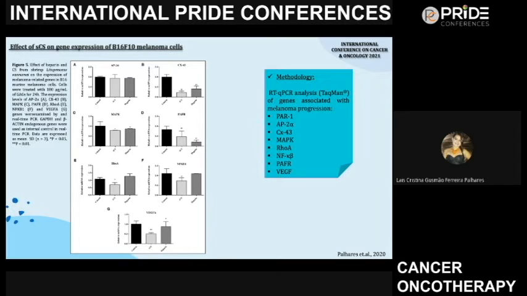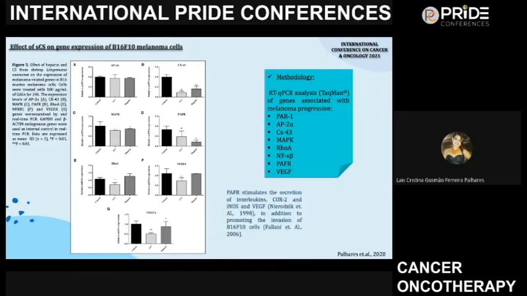But what I can say here is, when we performed the same set of experiments, the same PCR with the same subsets of genes in vivo, using melanoma tumor samples and lung samples from the animals, we were not only able to see the expression of PAR1, but we also saw that in mice treated with SCS, we had a huge decrease in the expression level of this gene, which was quite encouraging for us to continue with the studies.